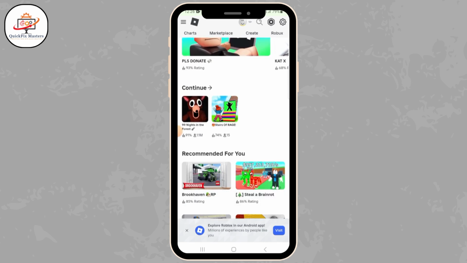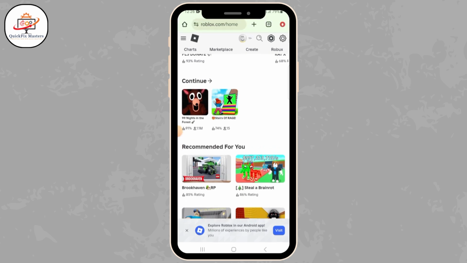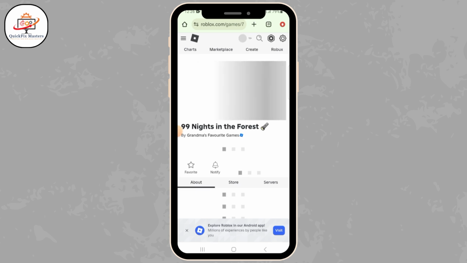app. Now, if you want to remove Roblox games from Continue, as you can see, I have two games over here on the Continue section, then you want to look for any delete or remove options. Now, as you can see, no matter how much you try, there's no option to remove this game from the